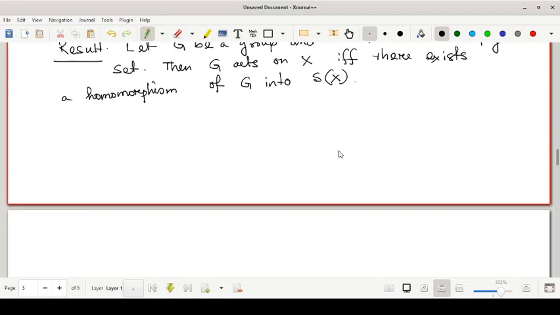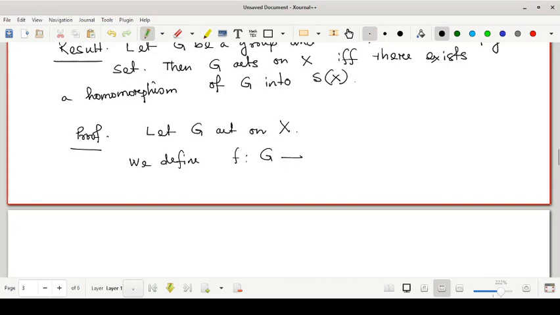So let us prove. Proof. Let G act on X. What is my job? My job is to define a homomorphism. We define f from G to S_X by